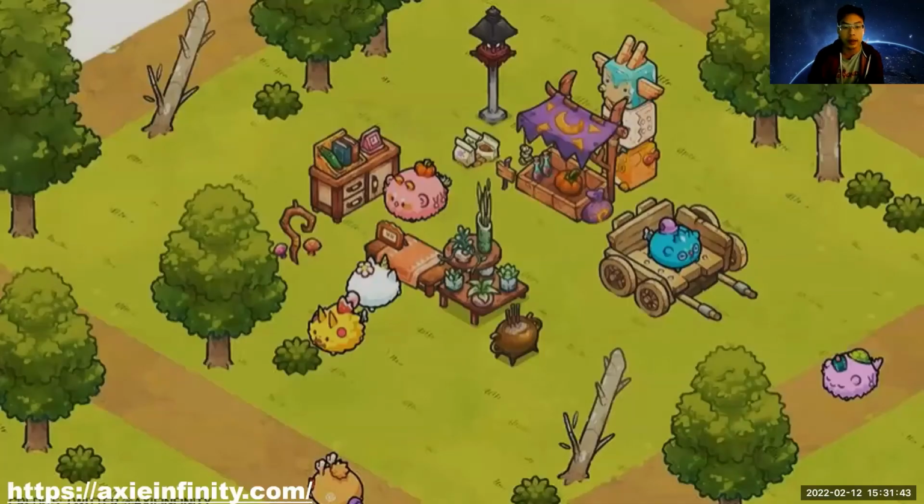Another example is Axie Infinity that was mentioned earlier. I want to show a picture of what it looks like. This is what an in-game metaverse economy looks like. Instead of going to work every day, taking some sort of commute route, showing up in your office, doing some work, and then commuting home, we went from that traditional structure to a remote structure, where now you don't have the commute, but you're still showing up in an online environment